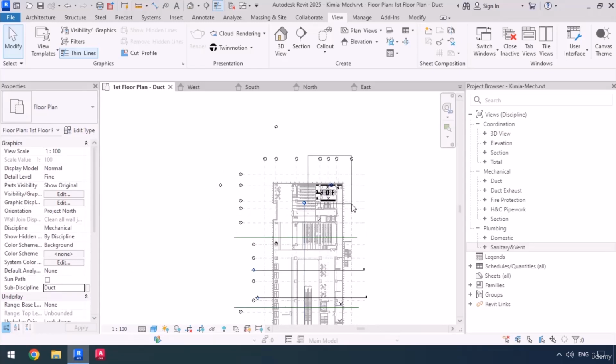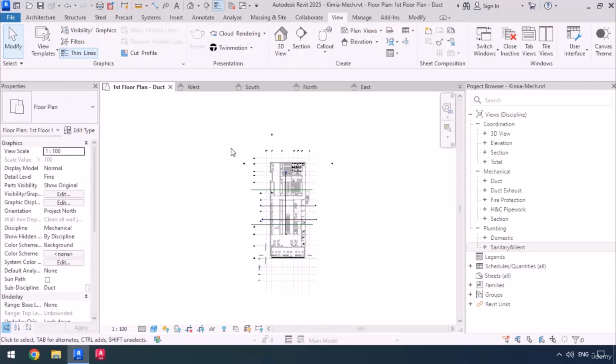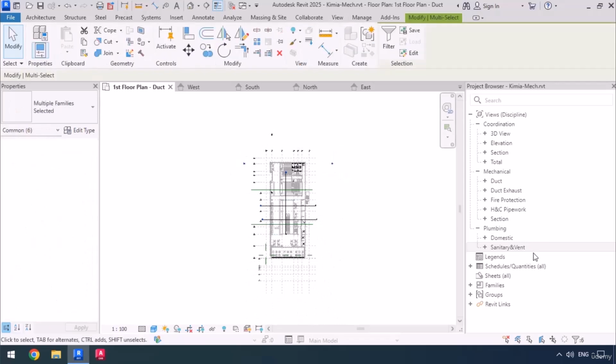Now, in order to have a better view on things, I'm going to have to place the elevations in proper positions. So first I'm going to drag over the east elevation to select it, and then I'm going to use the right arrow key from the keyboard to move it to the right. And after that I'm going to drag over the west and east elevations to select them both together.